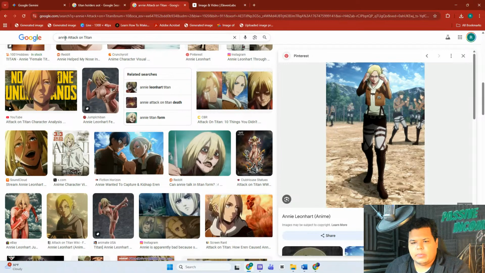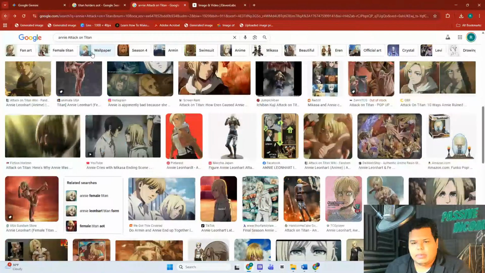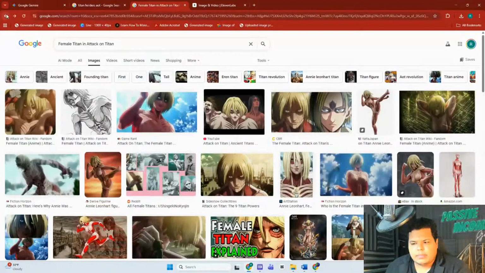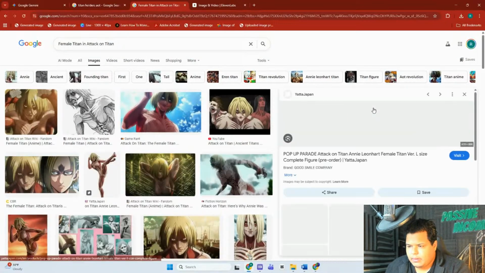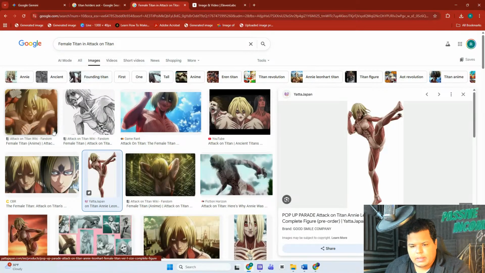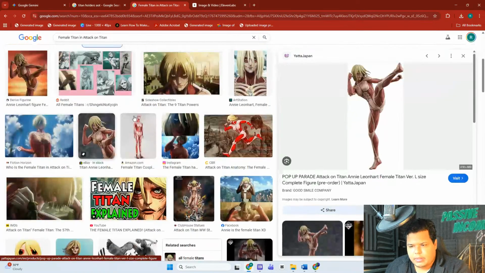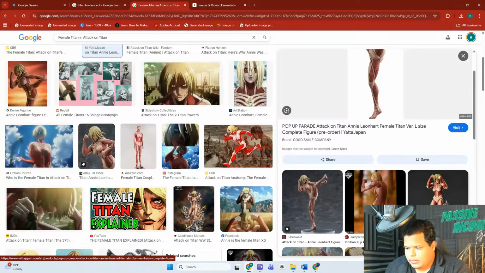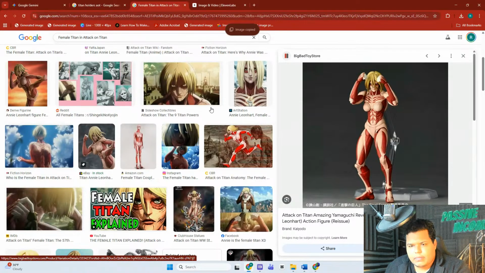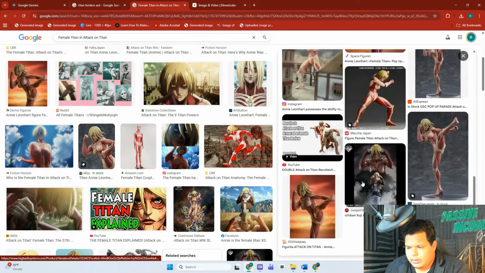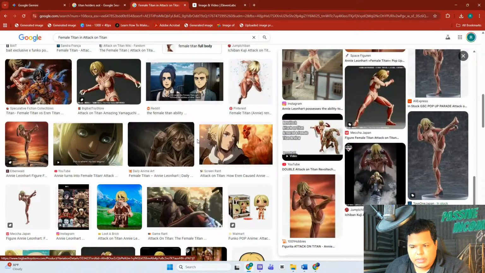Now I could go back in time because I had pictures of her as a Titan, or more precisely as the female Titan. I'll take this one, and I'll take whatever else I can get. I'm pretty sure I can find an image of her standing, like this one, for instance. Paste. I think that these might be enough, but I would like one where we get a close-up of her face,